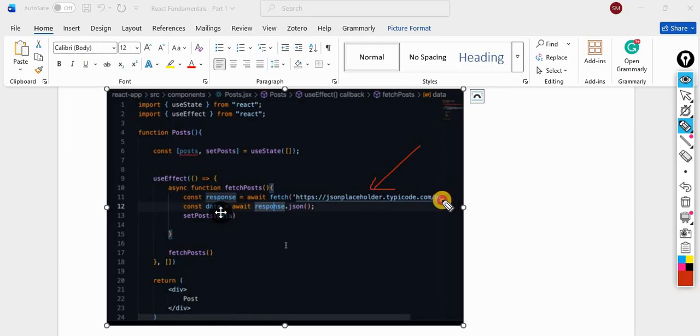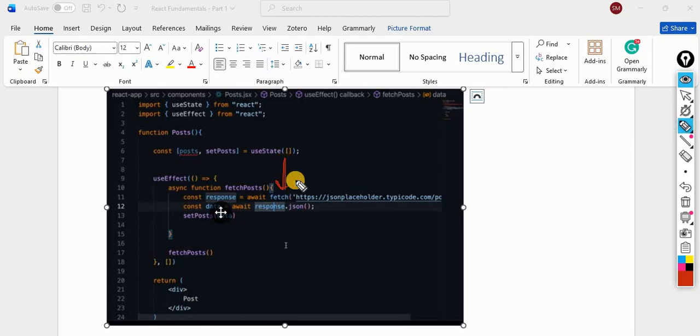So this data contains the data related to all the posts. There are various posts, so we are extracting the data. To extract the data, there is a fetch function.